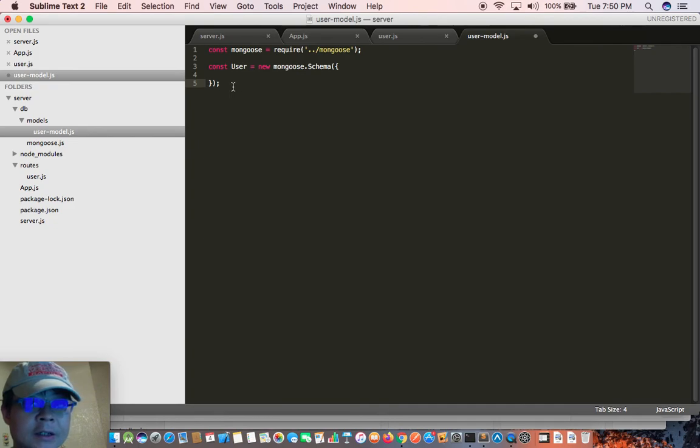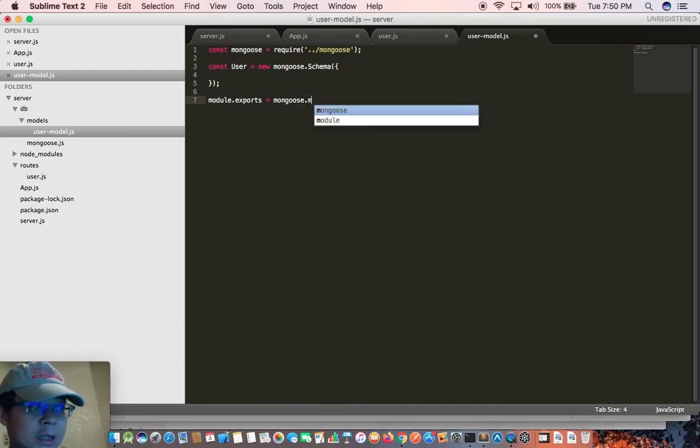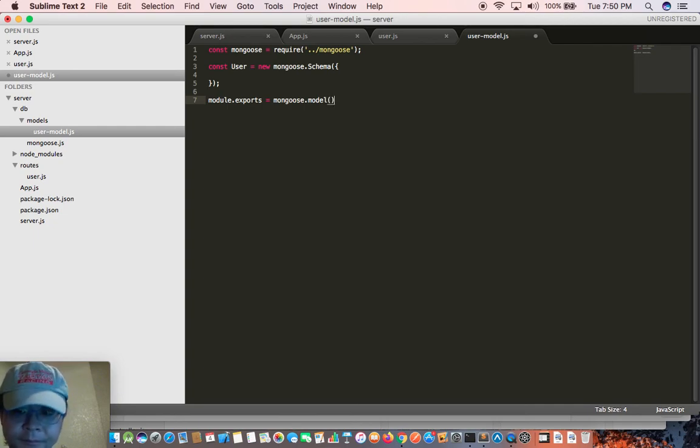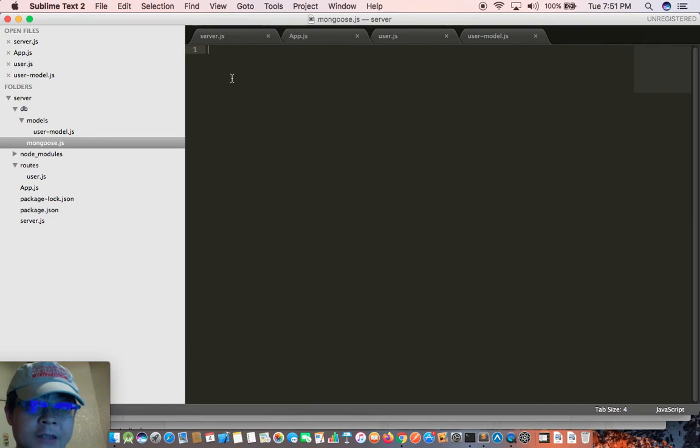But we need to export module.exports equals mongoose.model user. So this is the user model file, but we also need to work in the mongoose.js file